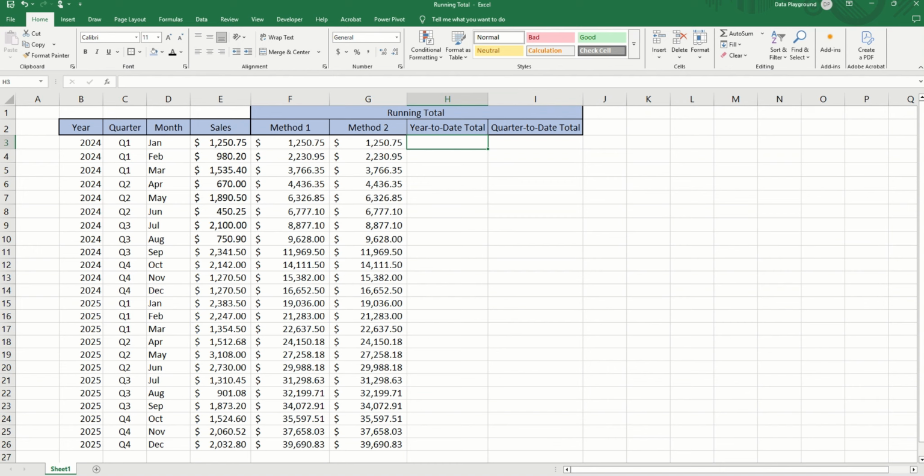Now, given what we've learned, let's see how we can calculate a year-to-date total. We want to calculate a running total, but we want to start all over at a new year. We can use a simple if function. We will put in the if function, and our logical test is going to be if the month is equal to